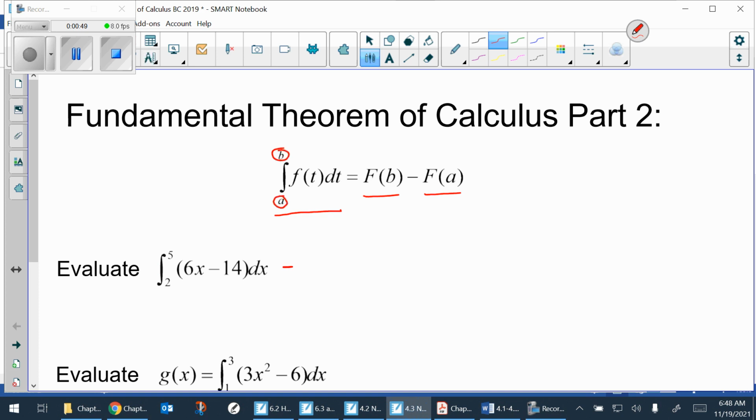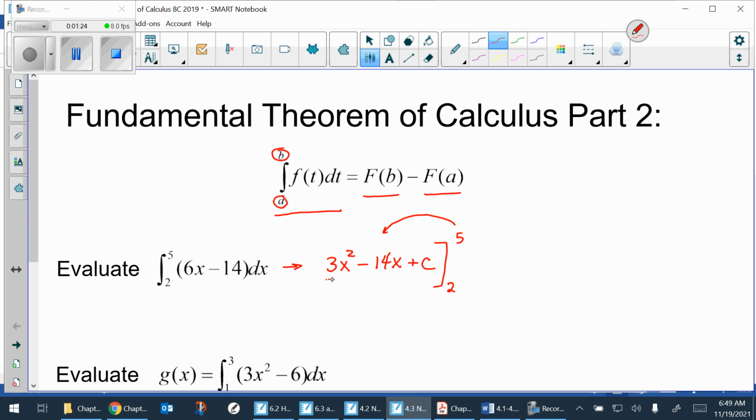So in this one we are going to find the antiderivative, and the antiderivative of 6x is going to be 3x squared. Antiderivative of 14x. And we're very tempted to say plus c, and that's fine, but we'll see where we don't really need to do that. We'll evaluate this at the upper limit of 5, and then we'll subtract away what we get when we evaluate at 2. So when we put a 5 into here,